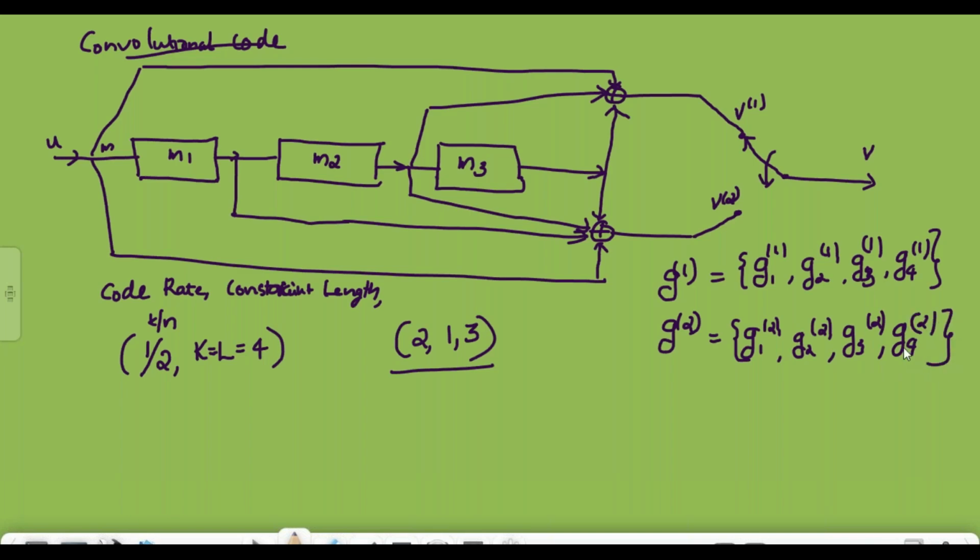These are the generator sequences in general. In this particular case we can write G1 and G2 as